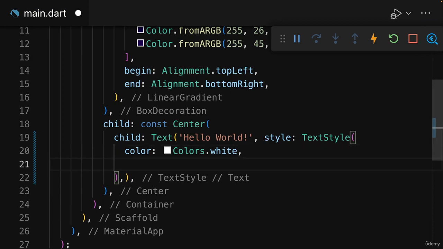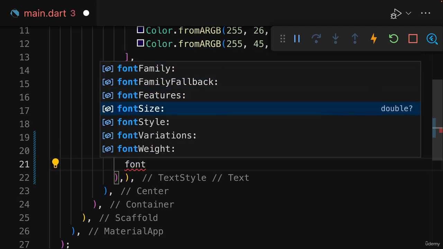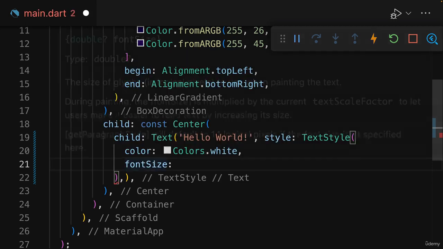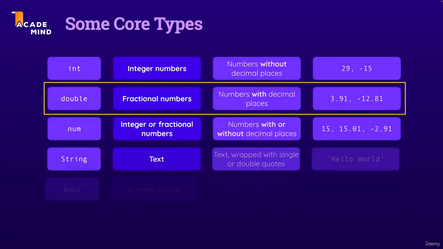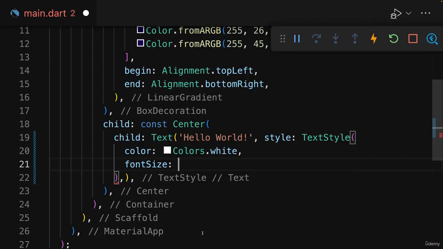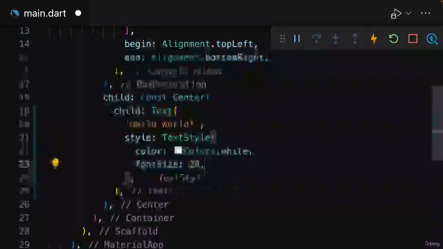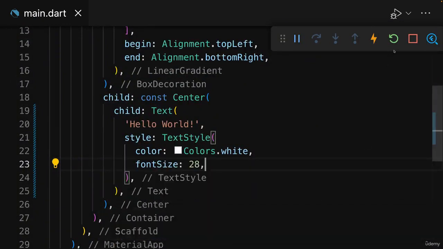And regarding the text size, the font size, there conveniently is a font size argument I can set. And this wants a value of type double, and you learned a bit earlier that this is in the end a number with a decimal place. So here I can set this to 28, for example, and you can even omit the decimal place, though you can also set it. For example, also to set this to 28.5. But here I'll set it to just 28, add another comma for formatting, and if I now save this and